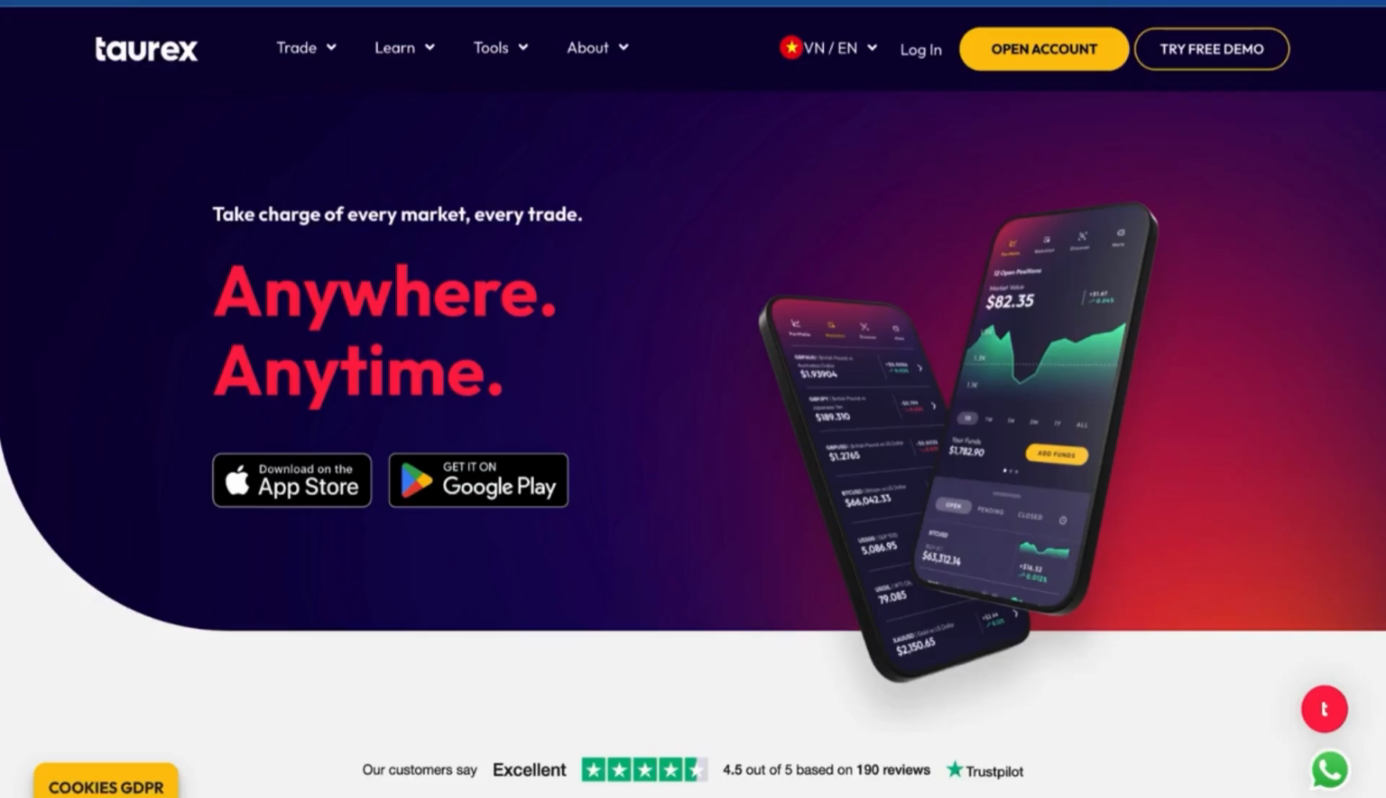How to deposit via internet banking. So welcome to Taurex. In this video we're going to guide you on how to deposit using bank and crypto